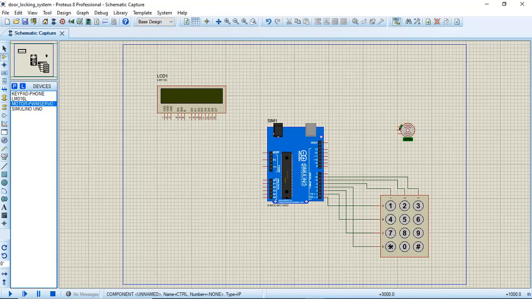Servo motor connection I will give it to 9. And this goes to positive, that is 5 volts. Let me connect it to the Arduino itself. But practically you have to connect it to the power supply.